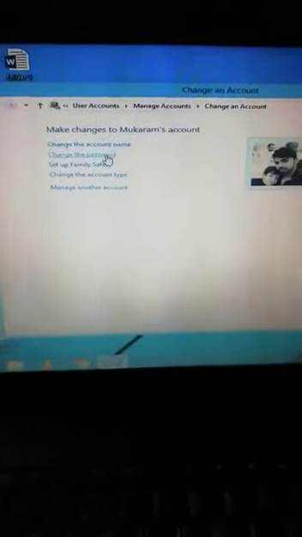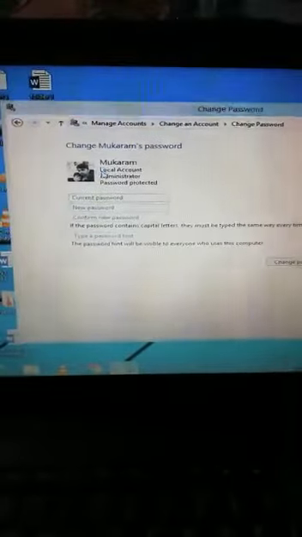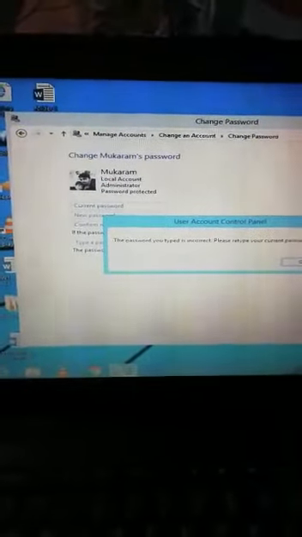In my computer system, I already set a password, so there is an option of change the password. If you do not have one, you will have the option of set the password. By clicking this, this window will appear. Now I don't want to change, but when you want to set a password, you just have to enter a new password.